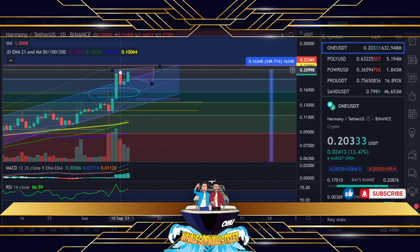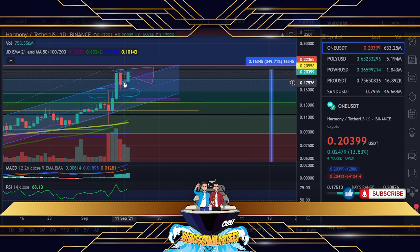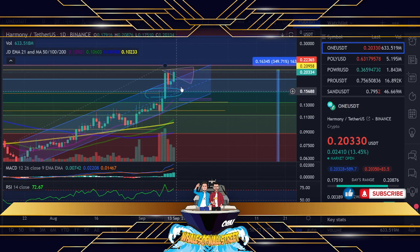That's quite interesting because that has taken it over what I would deem a psychological number of 20 cents. And if you look, the wicks have hit over that to try and push for the 21. But each time, with the exception of yesterday, we have had literally two closes on pretty much 20 cents bang on. We tried to do the same thing yesterday but failed, and that's when I thought, actually maybe we've not got this new support level at 0.185, and we would go maybe stabilize here and perhaps drop down another level